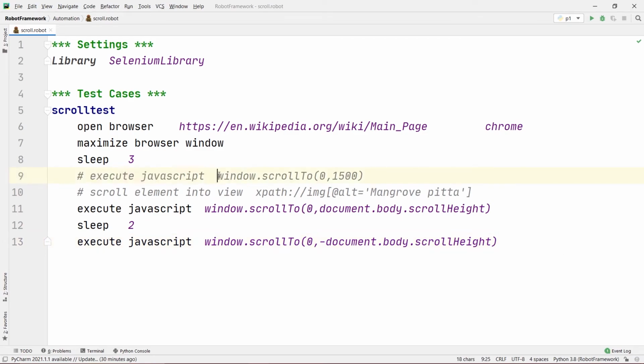So execute JavaScript window.scrollTo, and here you need to keep in mind that the T in scrollTo should be capital. This is a case sensitive command. And here also, when you're scrolling down to the bottom or top, you need to keep in mind that the H in height should be capital. So this is how we can scroll to any element or any website you want using Robot Framework. And this is our code.